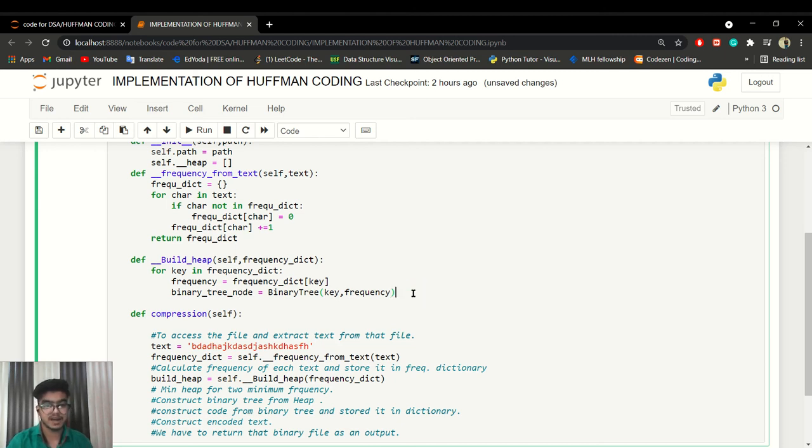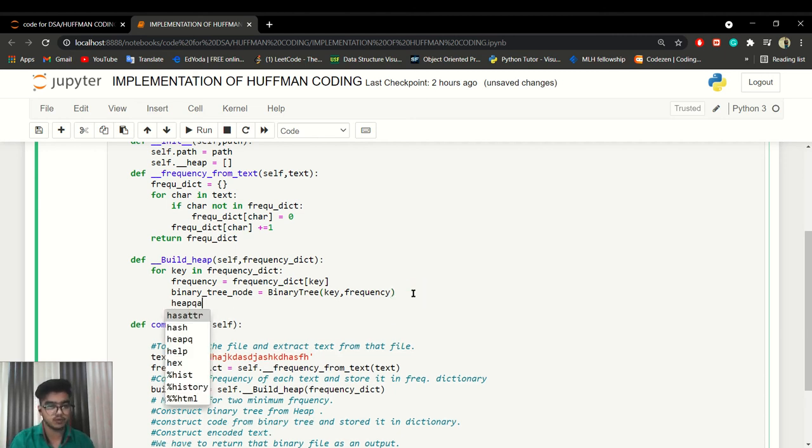Now we have a binary tree node and we have to push that node into our heap by using push.